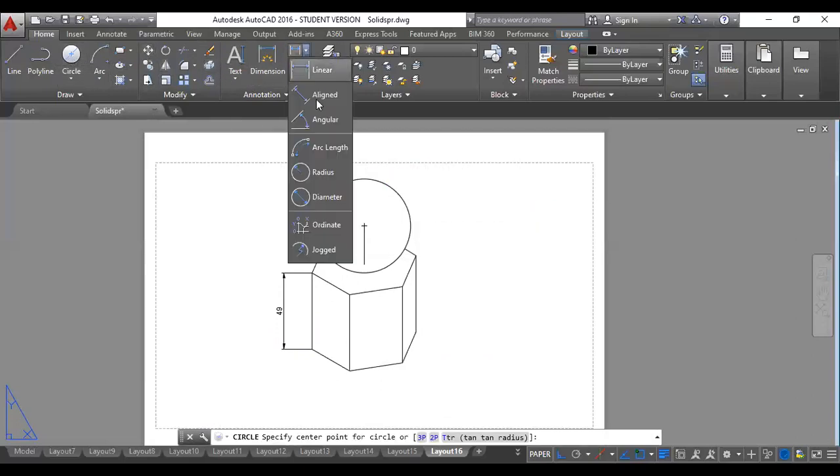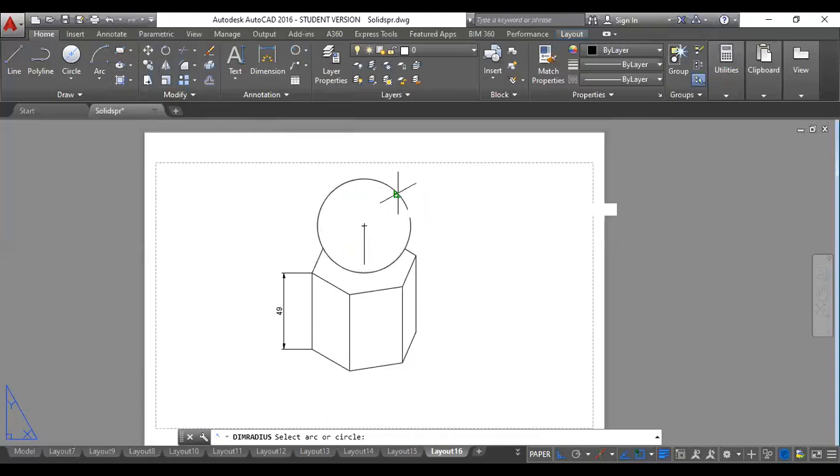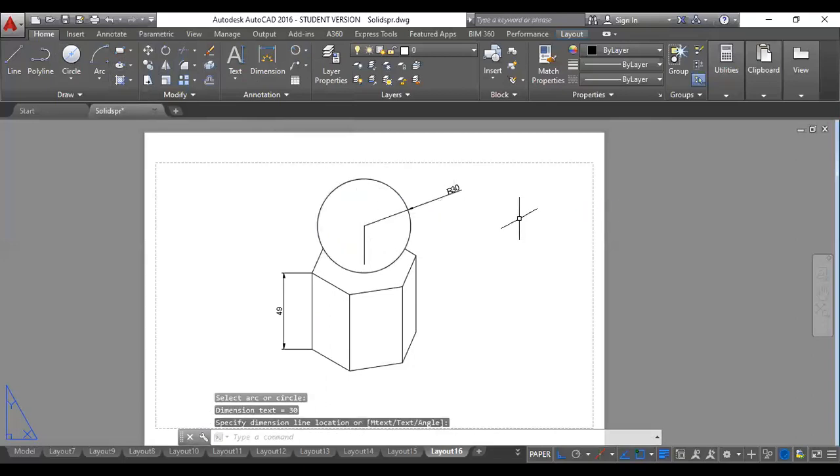Using the radius command, I'm showing the radius R30. That's it. By this you know that whether you have a square prism, pentagon prism, hexagonal prism or a triangular prism, you can use the same method which I applied for the hexagon, and the sphere also is drawn.